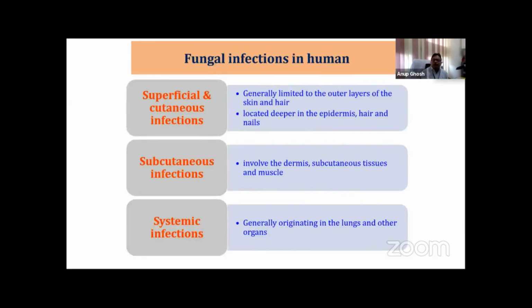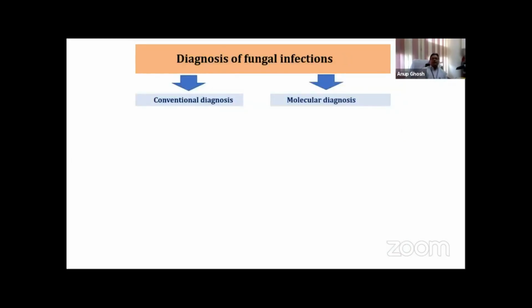Now, if we talk about fungal infection, although this is not the area of my talk, we know that there are three main categories of fungal infection: superficial or cutaneous infection, subcutaneous infection, and systemic infection. Now, when we have a fungal infection, our duty is to diagnose. So we have two ways we can diagnose. One is conventional diagnosis, another is molecular diagnosis. Before I start molecular diagnosis, I'll talk a little bit about conventional diagnosis,